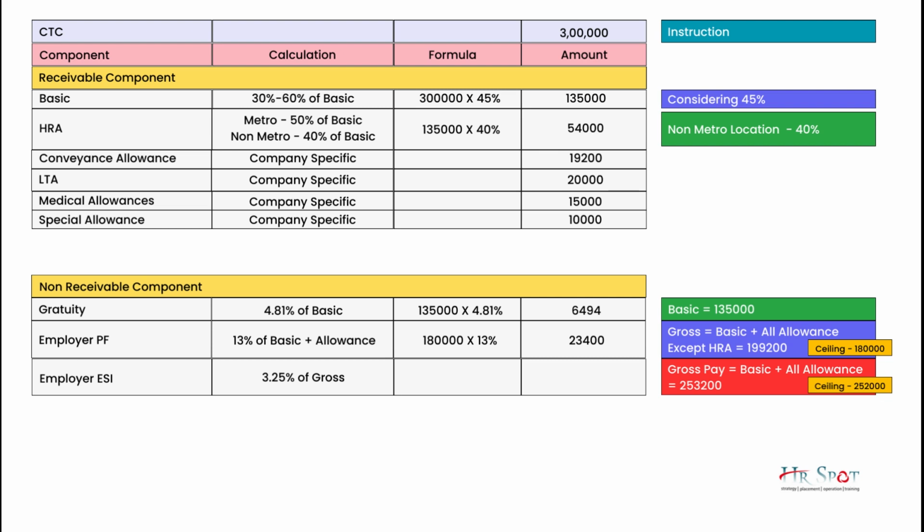In this particular example, the ESI gross has crossed the ceiling limit. So as the ESI gross has crossed the ceiling limit, we are supposed to calculate the ESI not on the actual gross amount but on 2,52,000 only. So we have taken 2,52,000 for calculation, and 3.25% of that has become